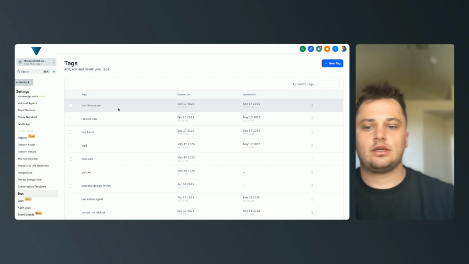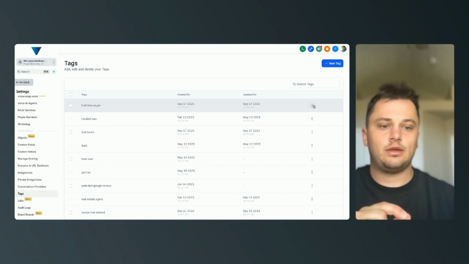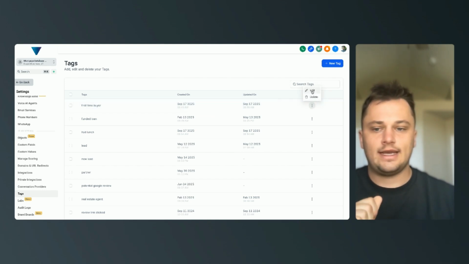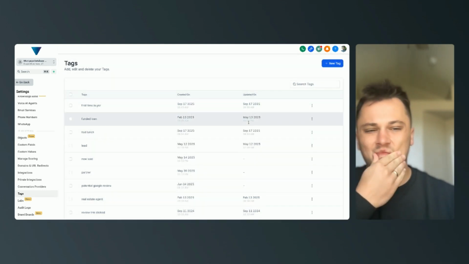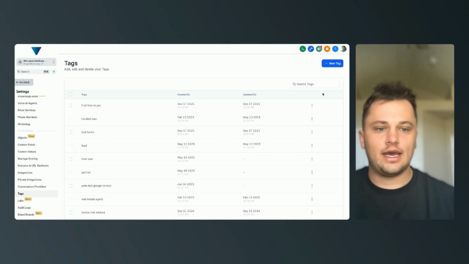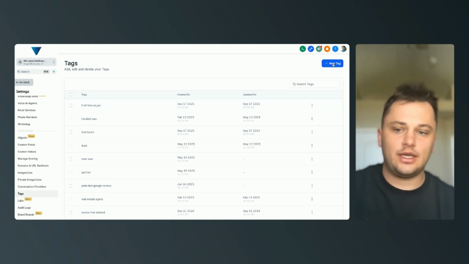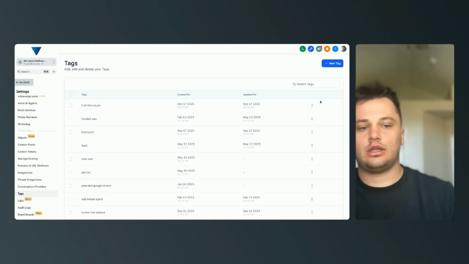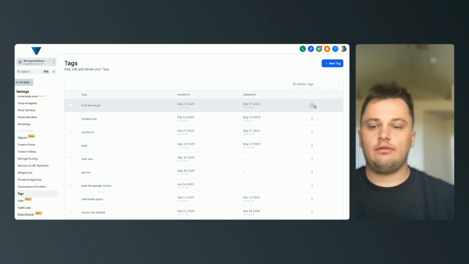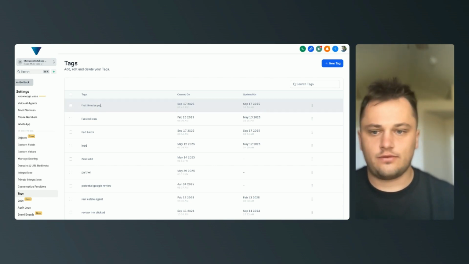And so if you want to rename something, I'd stick to renaming this actual tag rather than going through and adding a new tag and then deleting one. Because if you add a new tag and then you delete one, even if it's the same name, let's say, I'll give you an example. So first time buyer,